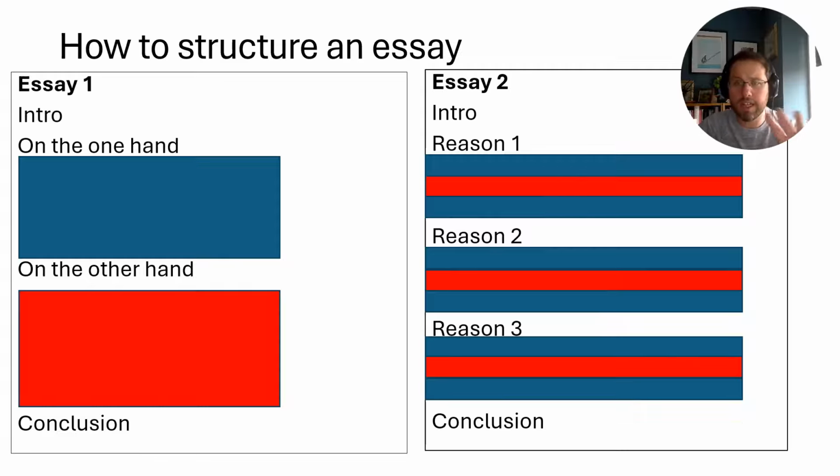So in this way, if we think of the blue as our argument, as our overall narrative, you can see that we've woven it throughout the entire essay. Our argument in favour of blue has not been lost at any stage. But we've also not ignored the counterpositions. We've not ignored red. We've included red. We've just woven it throughout the essay. And so that would be my main advice in terms of how to structure an essay, is to use this model here.